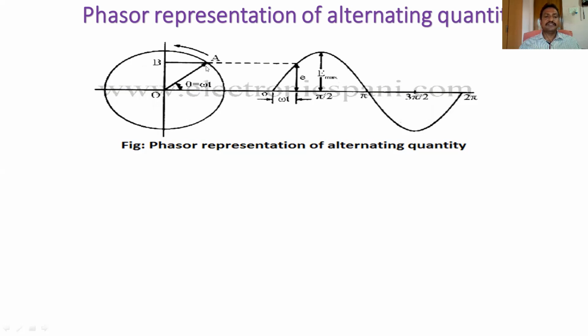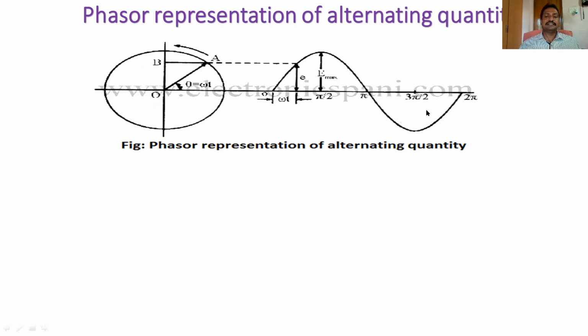So see here, this phasor is rotating through 0, 90, 180, 270, 360. When it is at 0, okay, here. When it is at 90, this is the maximum. When it is at 180, it reaches 0 again. It increases, reaches the maximum, and decreases to 0. After that it again increases in reverse mode, reaches 270, 3 pi by 2, decreases slowly, and reaches 360, and at 360 it reaches 0.